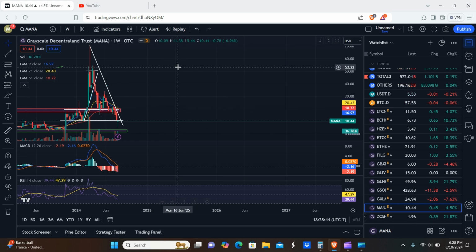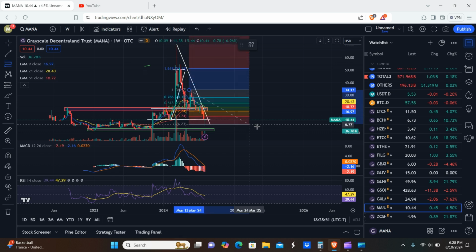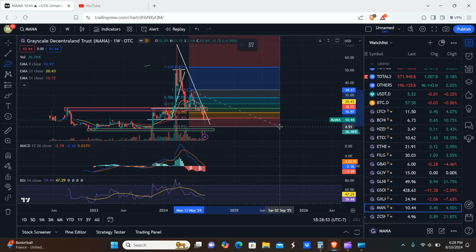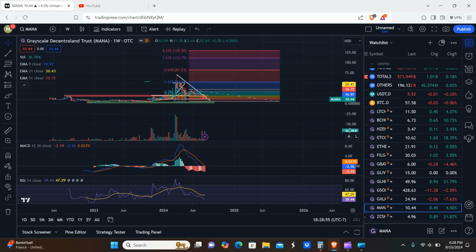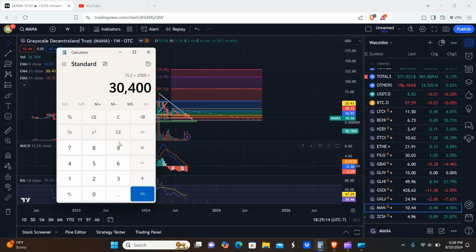It's possible you could just take that profit and turn around. Of course, just understand when you make money, you do have to pay taxes. So we always try to set our taxes aside as much as possible ahead of time, so we know that we have tax money to pay when the time is due. But after tax money, you could theoretically just take that 20,000 or whatever it is and put it back into another position to pump for another 30, 40x and turn that into like 6 to 800,000. That is possible. So 53, 81, 110, and 130 respectively on Mana.